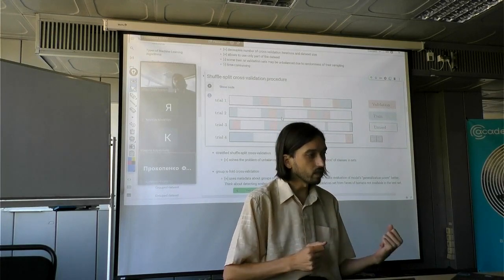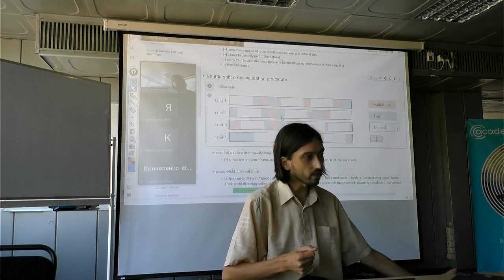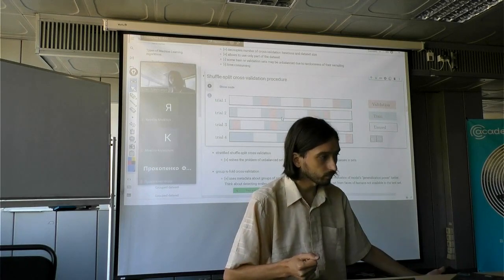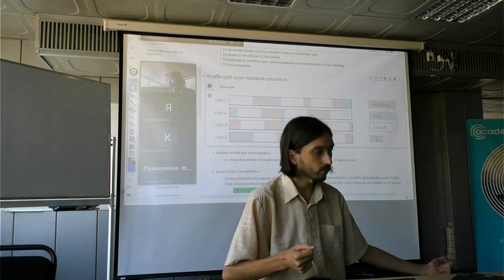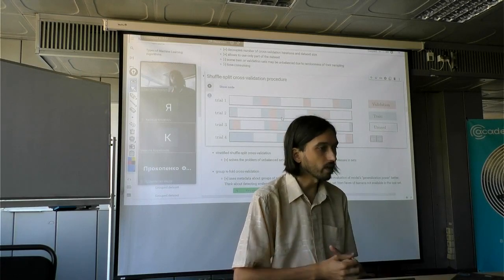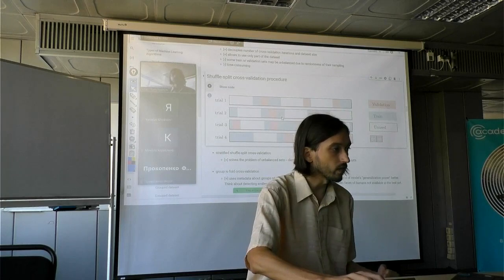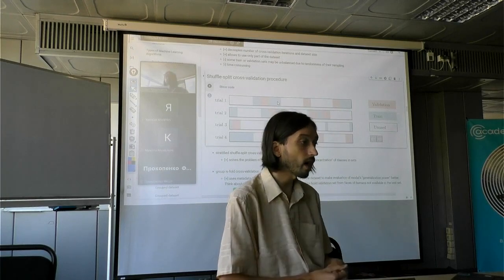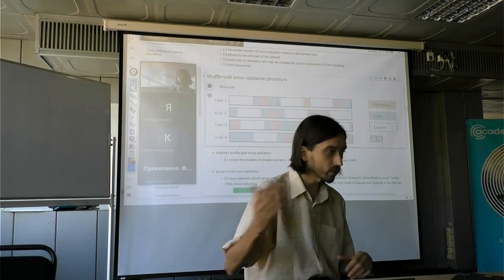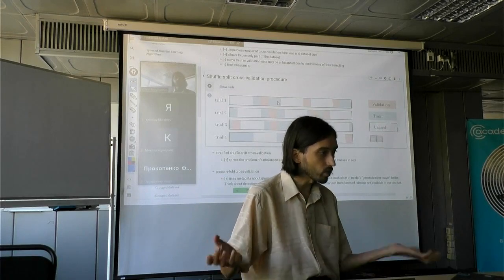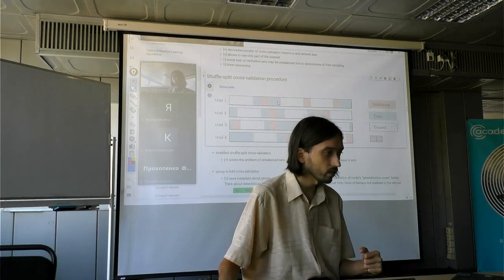Yes. 4. If I wanted to take 20%, I would need to make 5 trials. 5. Okay. And in here, in shuffle split cross-validation, if I'm taking 25% or 20% into the validation set,